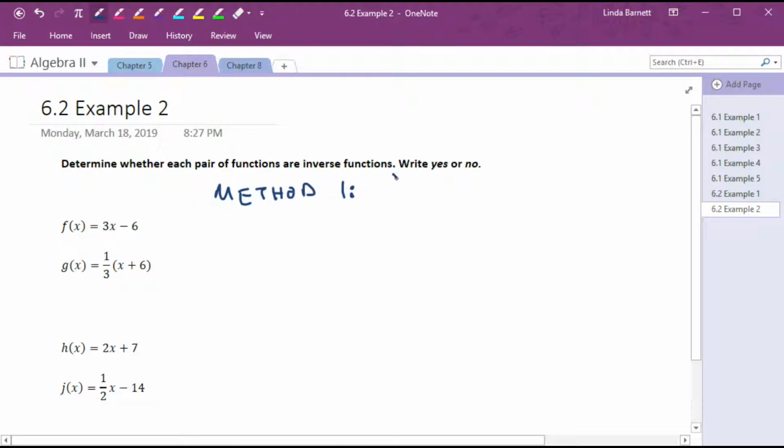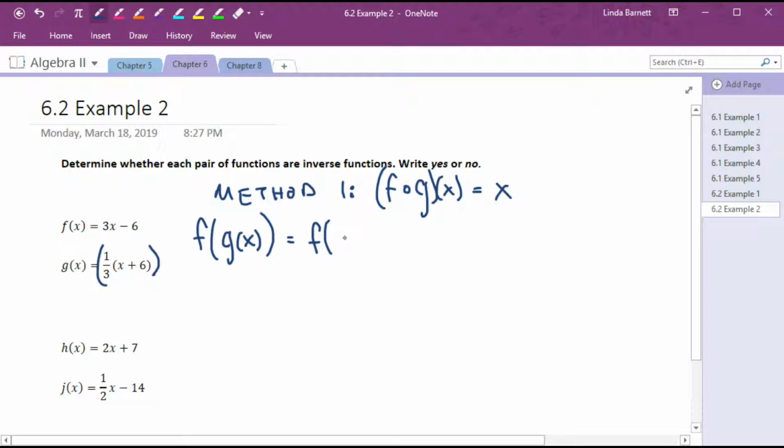of functions. Can I do f of g of x? When I do f of g of x, is that equal to x? So we're going to plug f of g of x is equal to, we're going to do f of this whole function. So we're going to plug 1/3 times x plus 6 into our f of x function. So our f of x function is 3x. So instead of x, I'm going to write 1/3 times x plus 6